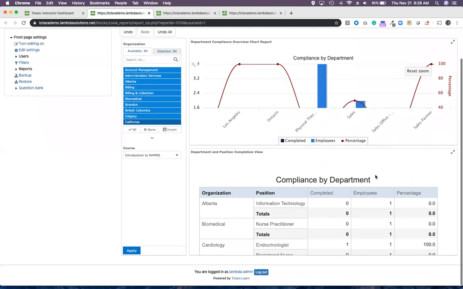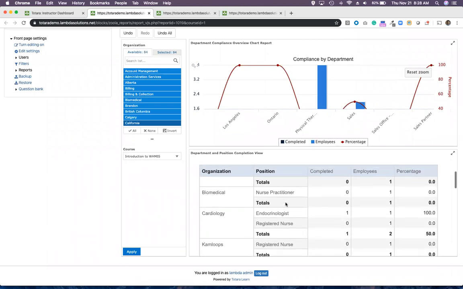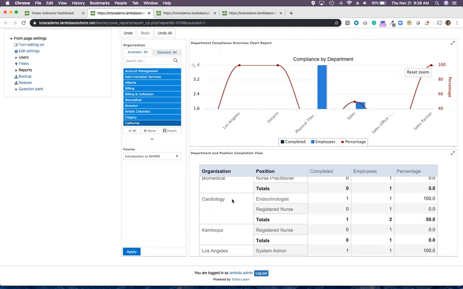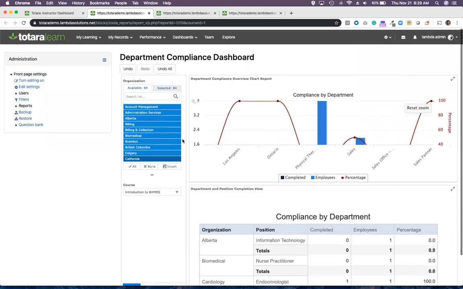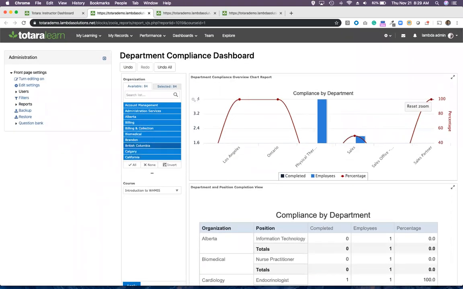And we do have a breakdown of what those graphs are leading to. So for example, we can see our cardiology department, and we can see the various positions involved there. We can see there are nurses, and we can see the completion and the breakdown there. So it's quite nice to be able to see that and filter into it. Bringing us back to our